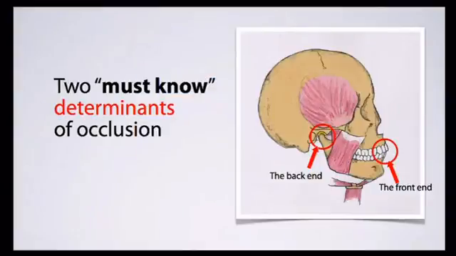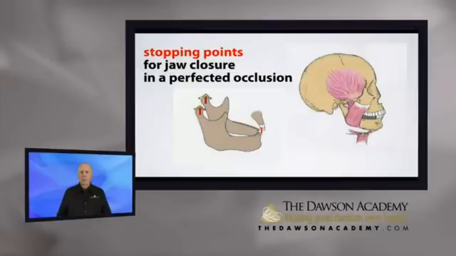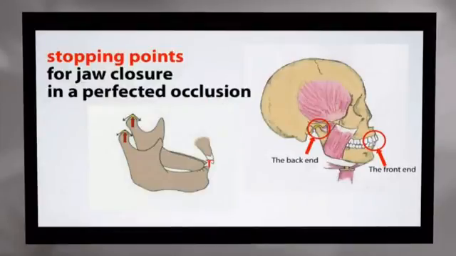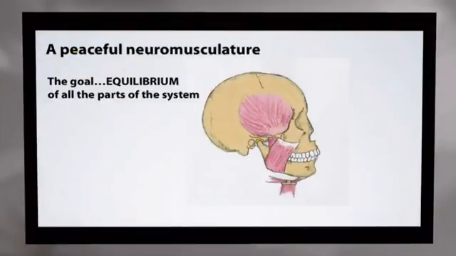And so here's two must-know determinants of occlusion. Just to illustrate this, let's remove the back teeth for purposes of illustration and say, okay, we want the back end completely seated. We want the front end completely seated. And now if we've got that right, we can bring the back teeth into contact between those two,